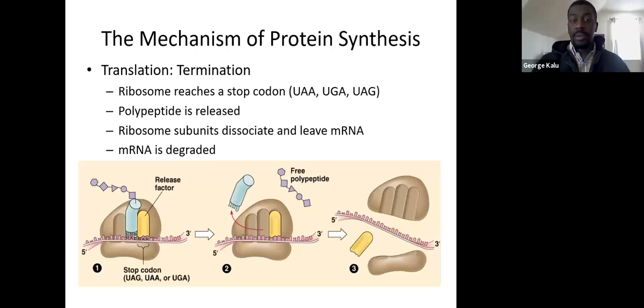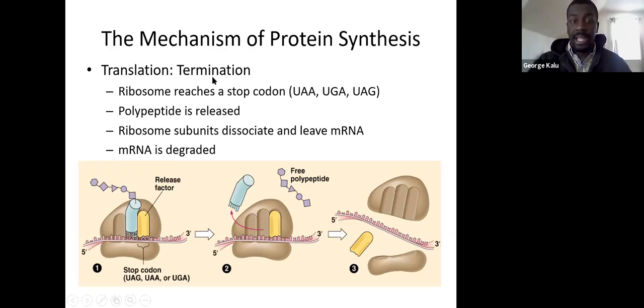All right, so that is how we will eventually start growing our polypeptide, one amino acid at a time. The ribosome is going to shift one codon at a time, and as it shifts, it's going to add a new amino acid. As it shifts another one, it's going to add another new amino acid. So you're going to continue elongating your protein. Now, eventually we want to stop producing our protein, and so we're going to have this last phase called